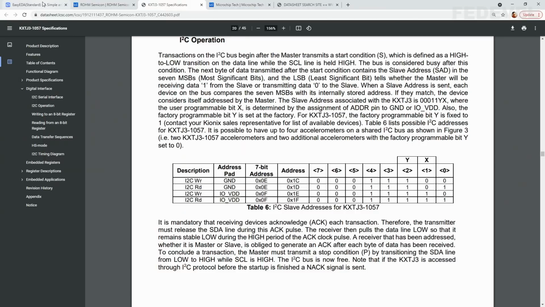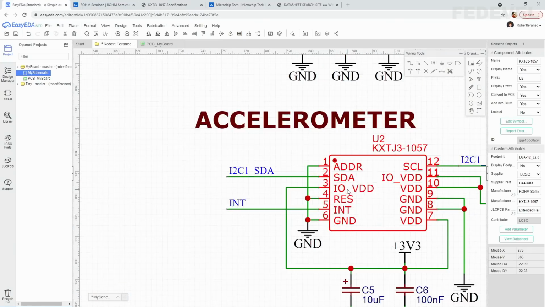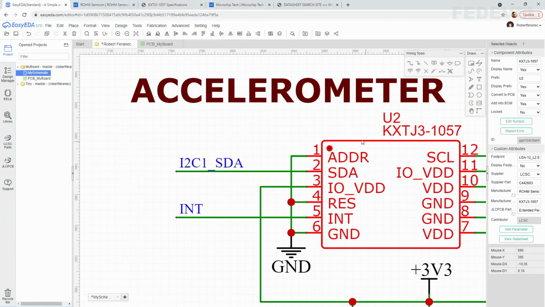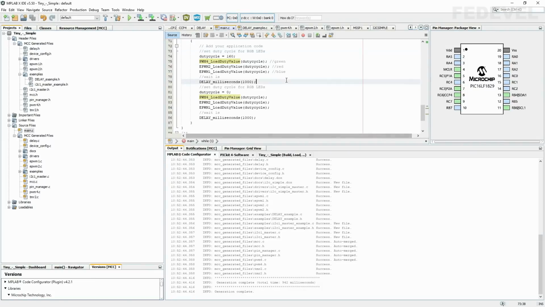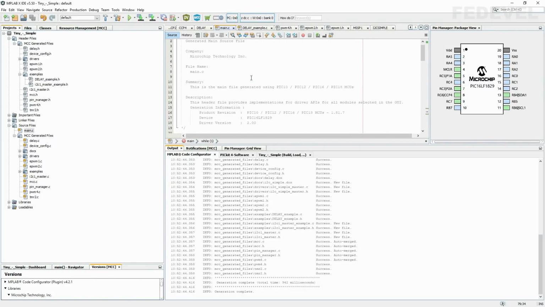If we go into our schematic and zoom in, you can see this address pin is connected to ground. So if we have a look inside of this table, when the address pin is connected to ground, the address of our chip is 0x0E.